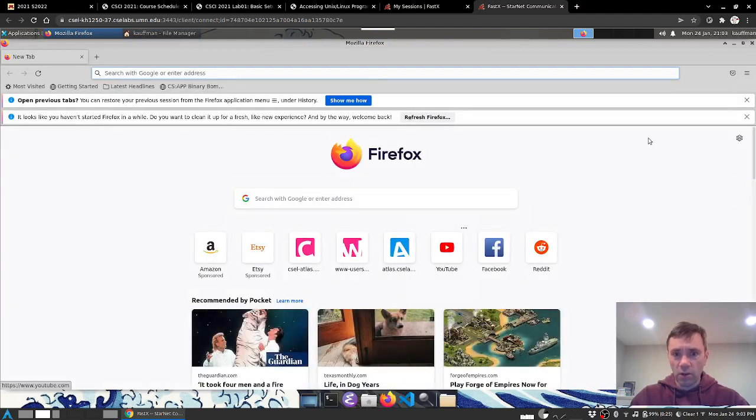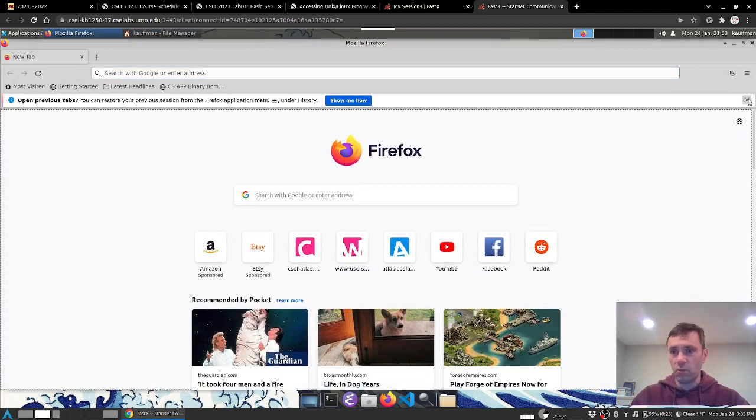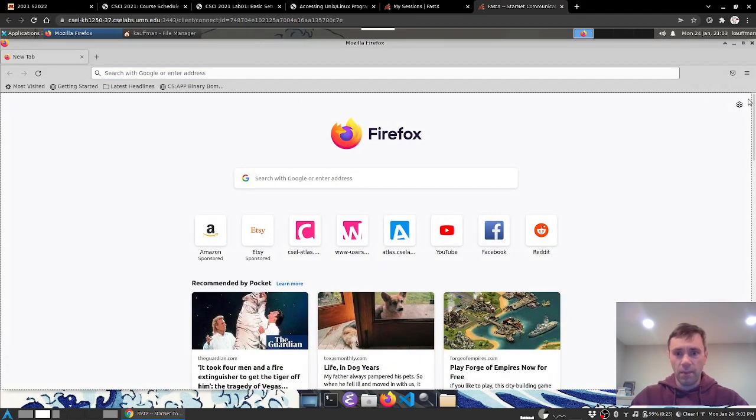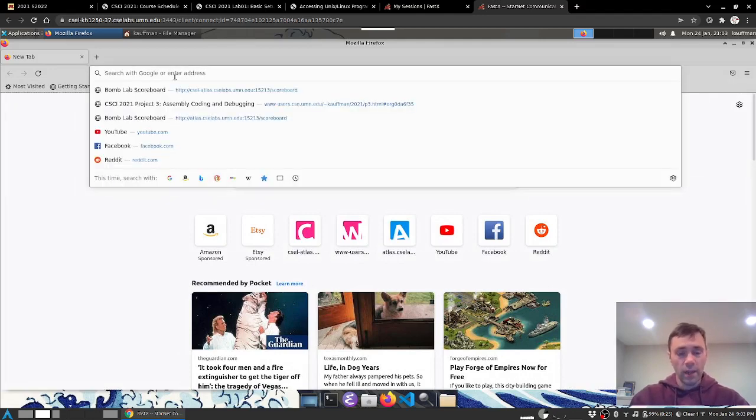Firefox seems to be the default. It's always angry about something, like I didn't start it or close it or hold its hand or something like that. And I don't have any bookmarks here for our course page, but I happen to remember my own personal URL. So that's